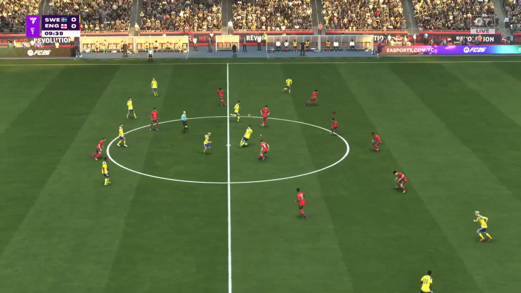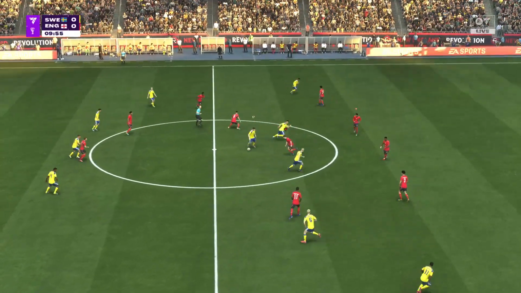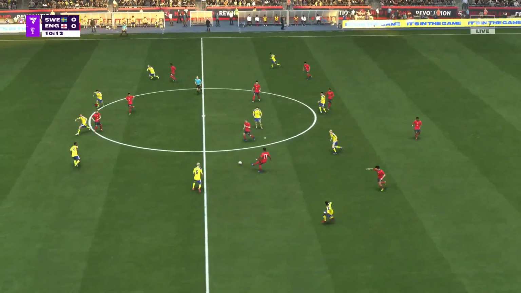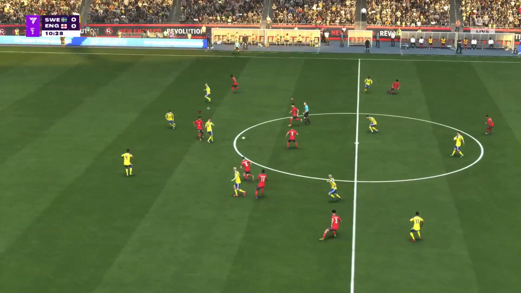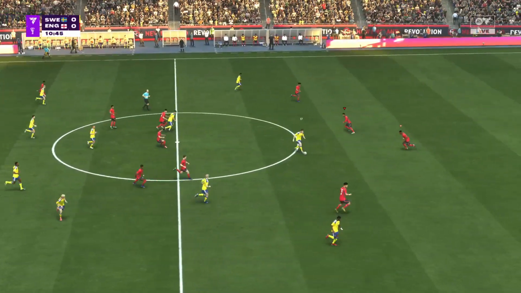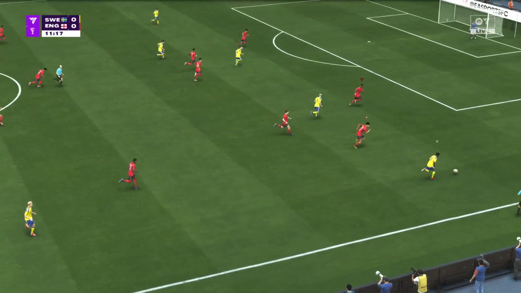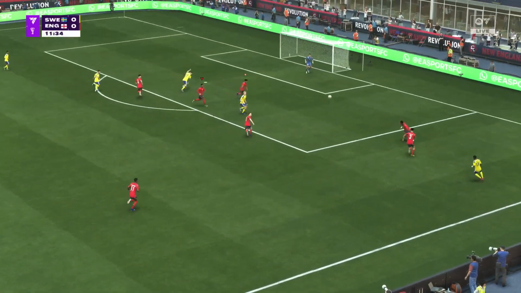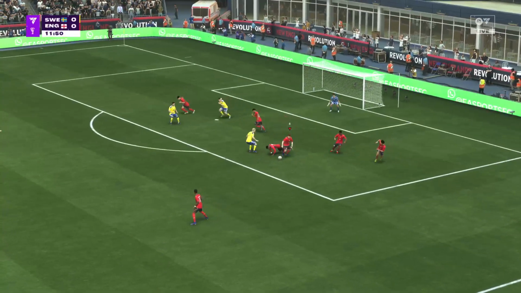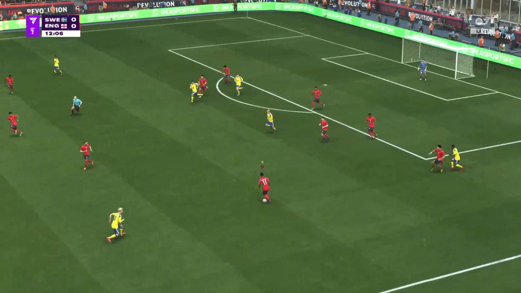Gyökeres. Poor pass. Yeah, that was a cheap turnover there. Well, showing really good width here. Well, let's see about the cross. Spot on with that tackle.